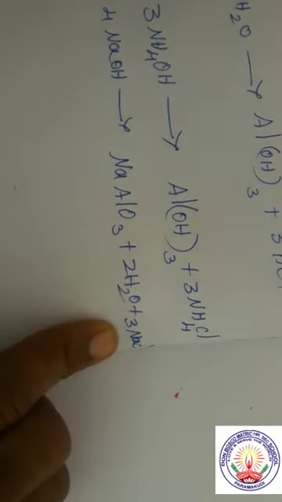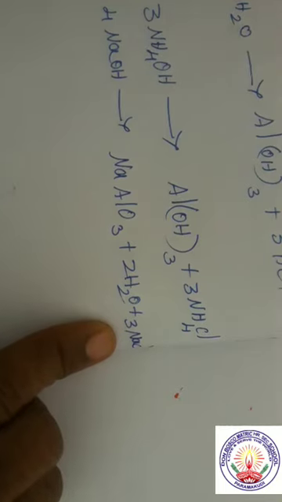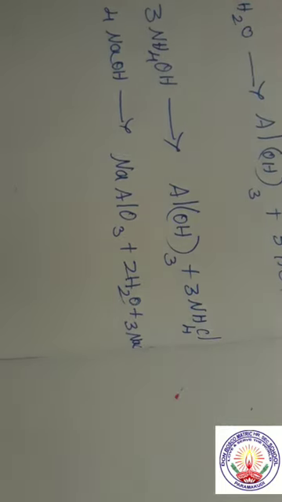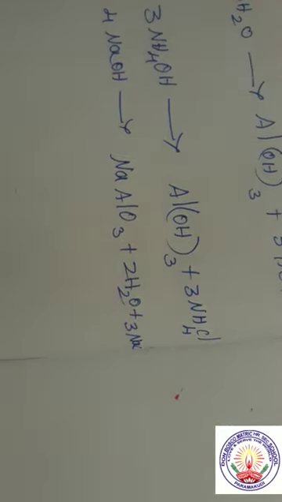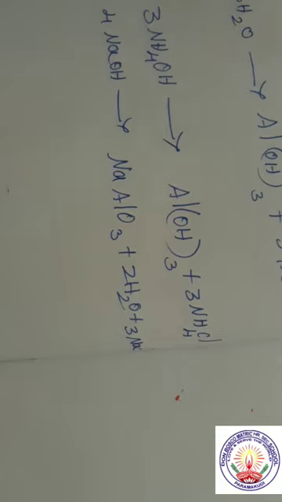We shall see the uses of aluminium chloride. This is used as a catalyst in the Friedel-Crafts reaction, and it is used in the manufacture of petrol, that is by cracking mineral oil we are getting this. Next, it is used as a catalyst in the manufacture of dyes, drugs and perfumes and so on.